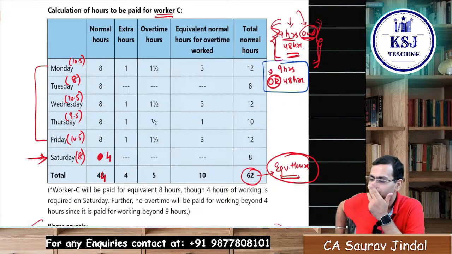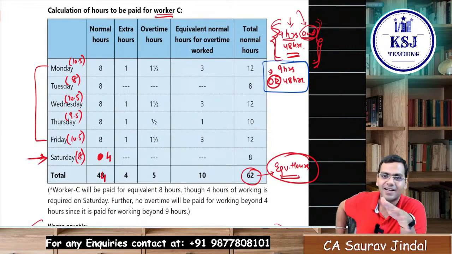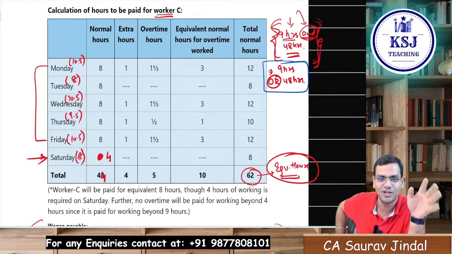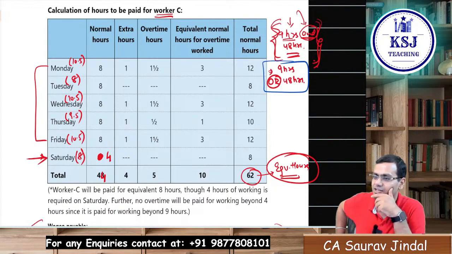Arey, so there are a lot of people saying extra. Only 2-3 people saying overtime. No, it's 5 people. 50-50, isn't it? 50-50. So you people are getting me confused now. What should I do? Okay, Preeti says extra. Now more people are in favor of extra. That means I should be going for extra now, right? More people in favor of extra, so I should be going for extra.